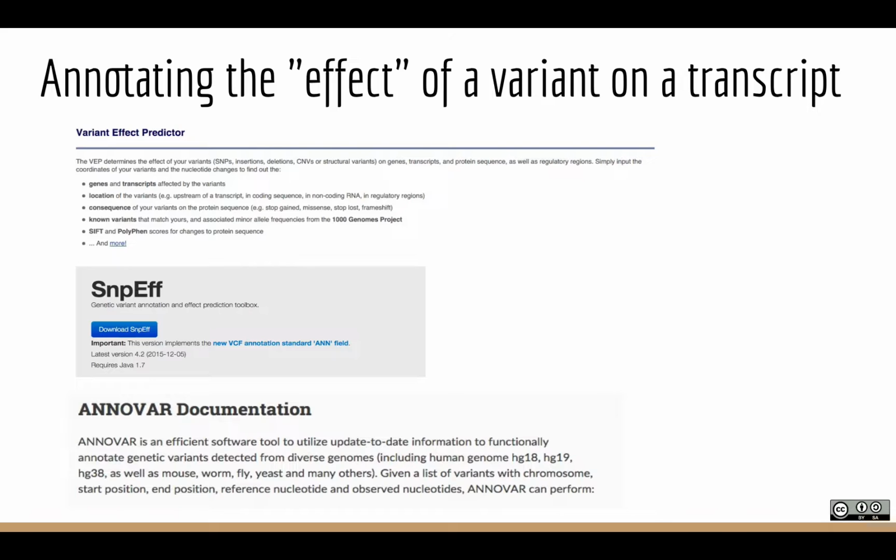So sites like Ensembl and the UCSC Genome Browser have annotation files that report the chromosomal position of every protein coding gene in the human genome, the start and stop positions of all the exons for all those genes, the start and stop positions for all the introns, etc., and the strand of the coding frame. So these tools like SnpEff, this one I'm mentioning here, and ANNOVAR, take the VCF file and that annotation